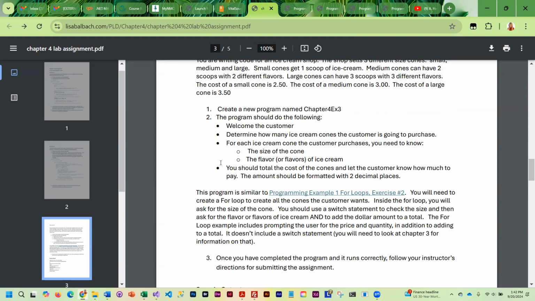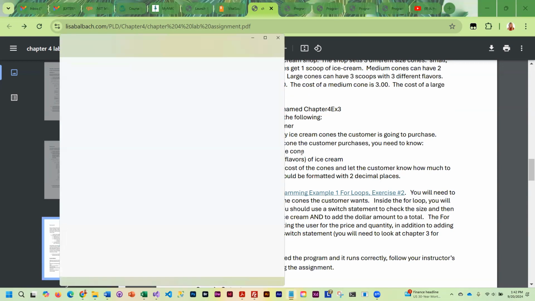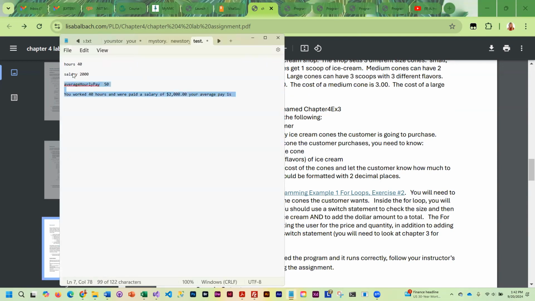Okay, so that is your for loop then is going to end up being for integer count equals 0. Count is less than the number of cones, which is a value you have read in. And then you'll do count plus plus. So this is going to be your for loop, right? So then once you're inside here,